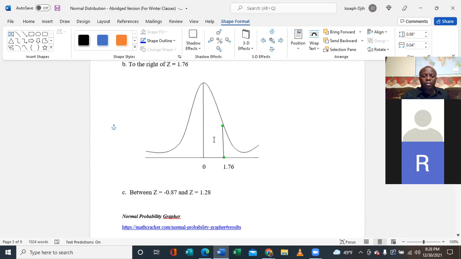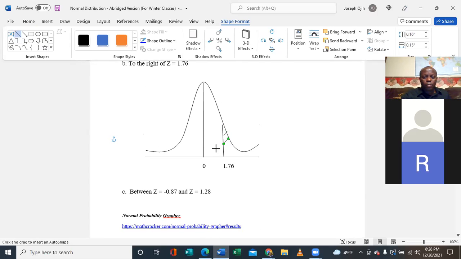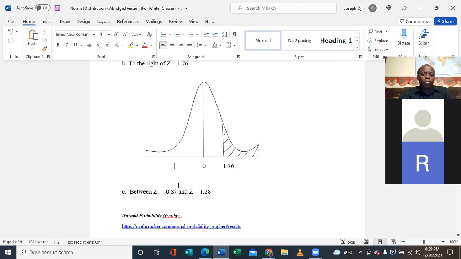But this time you say to the right, so that means you're going to shade the right side. Right. So now the area you're looking for becomes the area equals